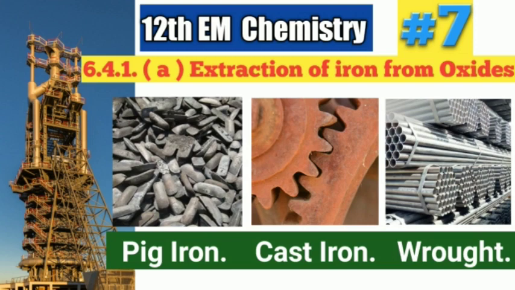We are back again with another topic, which is the application of the Ellingham diagram. The first application we have is extraction of iron from oxides, in which we discuss how the blast furnace works and which kind of reactions will take place. Also, at the end of the video we are going to discuss different classes of iron, that is pig iron, cast iron, wrought iron, etc. So, without wasting much more time, let's get started.